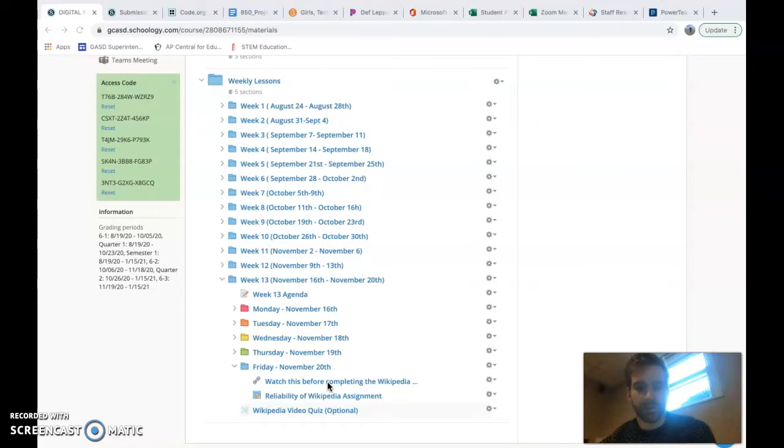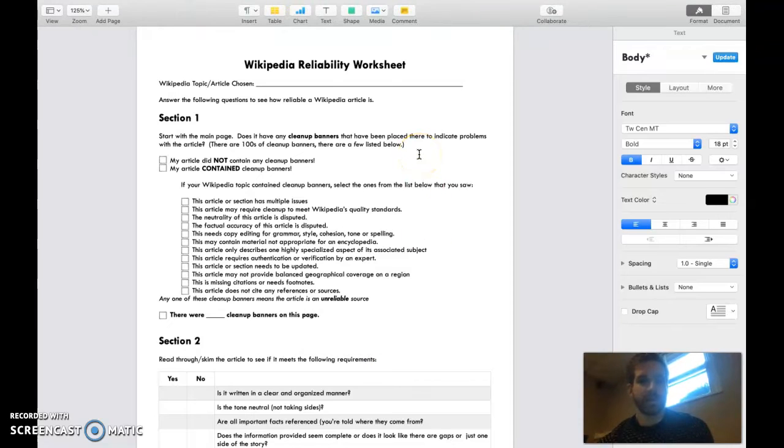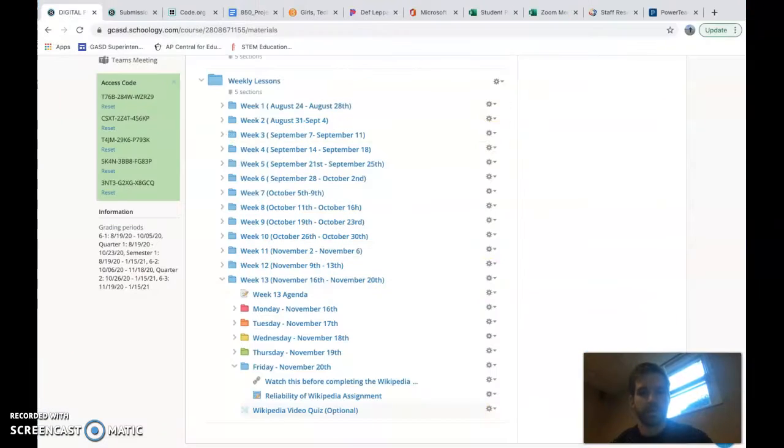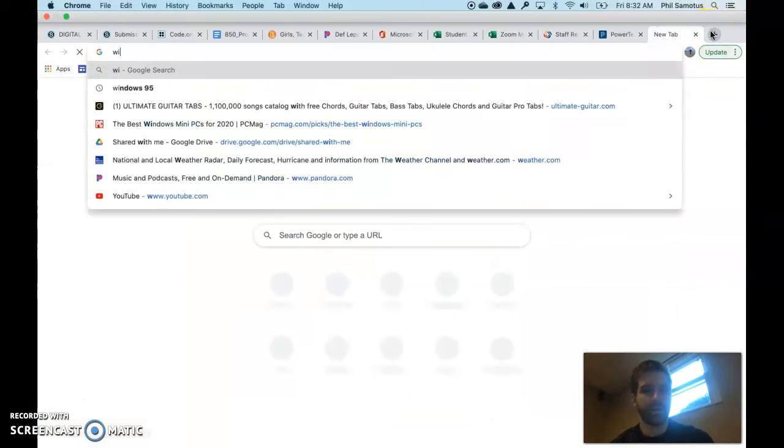So basically what you're going to do is open up this document after you watch that video, and they talk about some of these skills. And it does open in Pages, so make sure that you still have Pages downloaded on your iPad, just because it'll be a little bit easier for you to modify this article. But basically you're going to pick a topic that you want to look up. So you're just going to go to Wikipedia and type in something